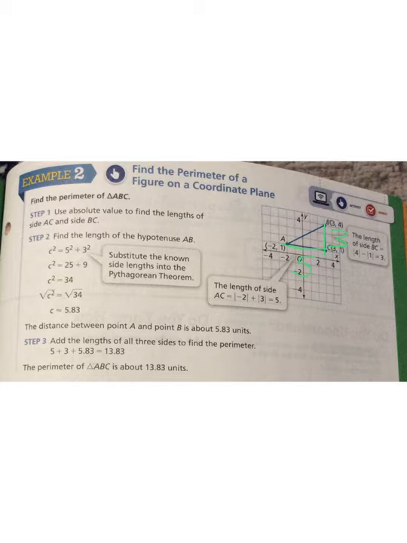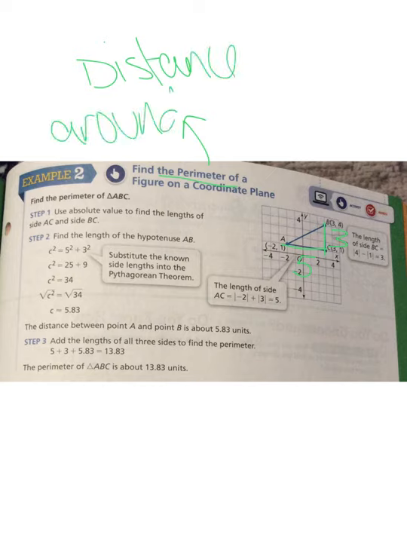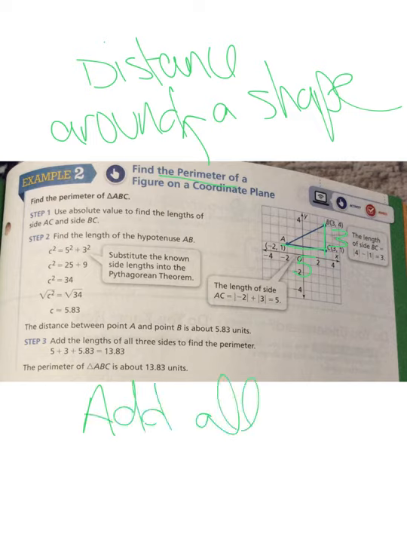The other word I want to talk about here is that they talk about the perimeter. Think about a fence around a yard. The perimeter means the distance around a shape. So we're talking the distance around a shape. And so that total distance would be you add all sides. So in this example, they want us to find the perimeter, which means we're going to add all sides of